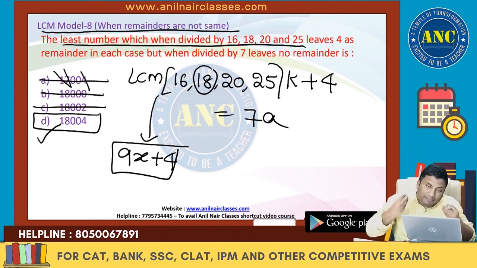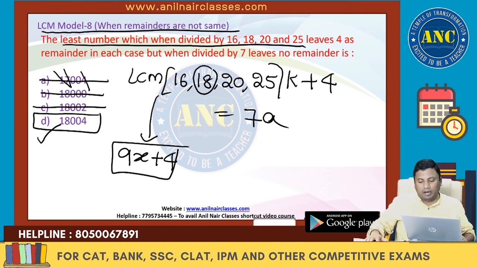If you go and find the LCM of all the 4 numbers and add 4, it might take some time. Answer options are not only given to tick mark, but also to be used. We have discussed yesterday that if one number's digital sum is 9, the LCM of any numbers with it, the answer digital sum will be 9.